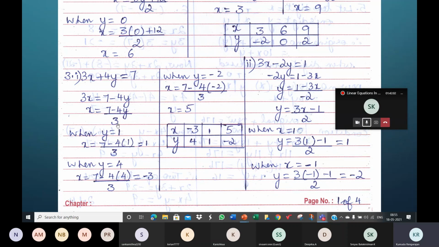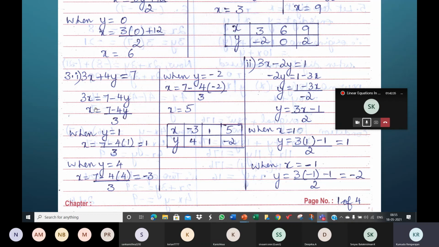Now, when the denominators are something other than 2, 4, or 5, like in this case 3, you should be careful in selecting the point. You must find that first number where we are interested only in integer values. Integer values are the most convenient to plot. So we are looking only for integer values of x and y.